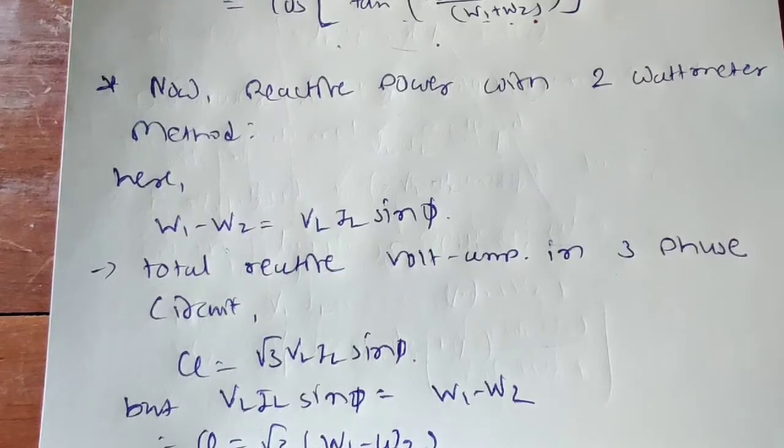Now the demerits of the method: the polarity of W1 and W2 depends on the power factor, so unless we identify them correctly, they can lead us to a wrong result. Also, this method is not applicable to a 3-phase 4-wire system. So this is all about the 3-phase balanced circuit. Numericals related to 3-phase balanced circuit and power factor measurement, you need to consider for the GTU examination as well as your E-test 3. Now this will complete your unit number 2 of AC circuits.